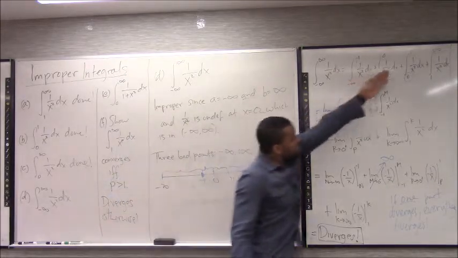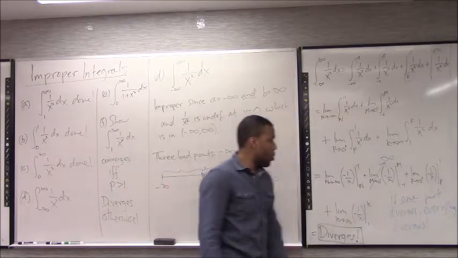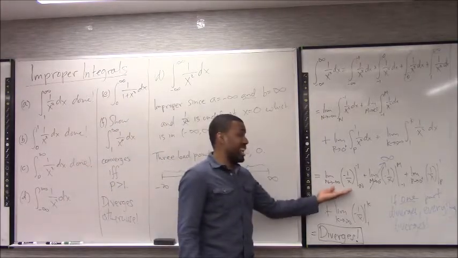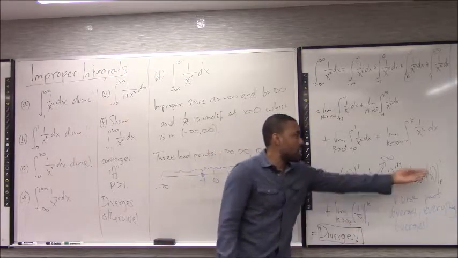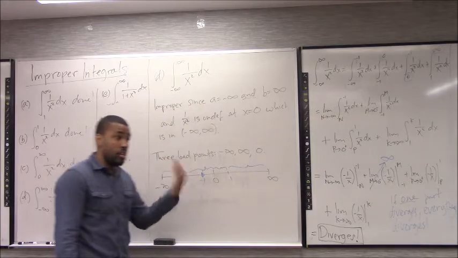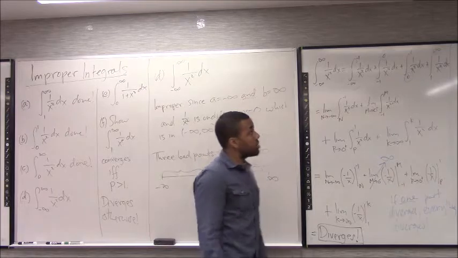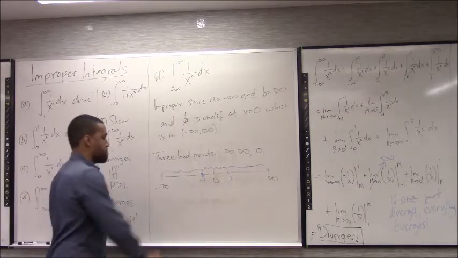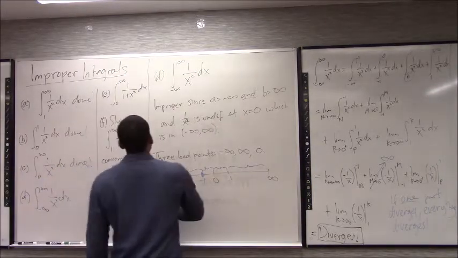The integration itself is going to be the same for everyone because you're literally integrating the same function. The difference is you might be plugging in different limits. But if you can just notice one part of these that doesn't behave, right? So you start working out this limit, you'll actually get an answer from this one. Then you move on to that one, you realize, oh, that messes up. You don't even have to check the other two, they don't matter. Once you find one that doesn't give us an answer, you just say the whole thing diverges. So that diverges. And that was D. Okay, let's move on to E.